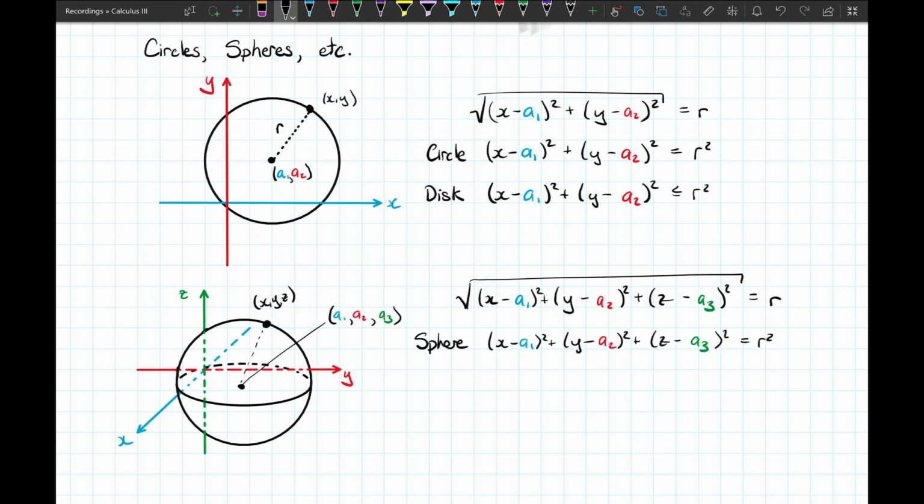And there's the equation of our sphere, (x minus a1) squared plus (y minus a2) squared plus (z minus a3) squared all equal r squared. Now, if we wanted to include all of the points on the interior of that sphere, we might call that a ball instead of a sphere, and we only have to change that equal sign to a less than or equal to sign. Now, we can take this concept of a sphere or a ball or a circle and disk,